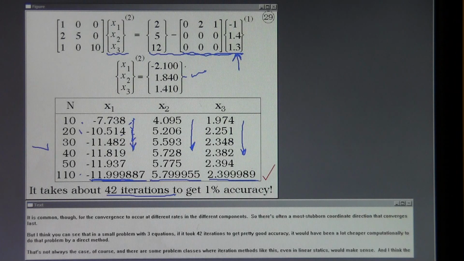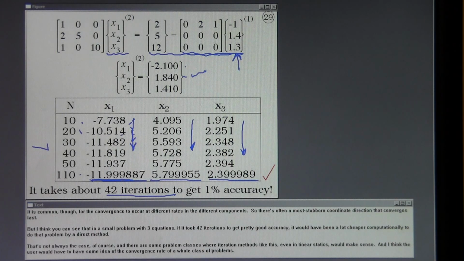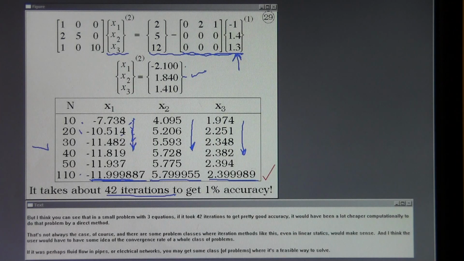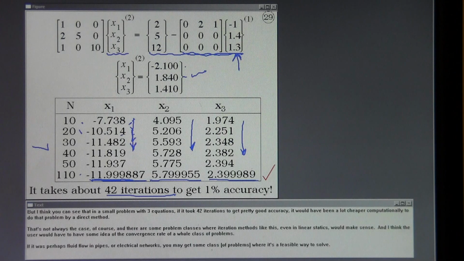But I think you can see that in a small problem with 3 equations, if it took 42 iterations to get pretty good accuracy, it would have been a lot cheaper computationally to do that problem by a direct method. That's not always the case, of course, and there are some problem classes where iteration methods like this, even in linear statics, would make sense. And I think the user would have to have some idea of the convergence rate of a whole class of problems. If it was perhaps fluid flow in pipes or electrical networks, you may get some class where it's a feasible way to